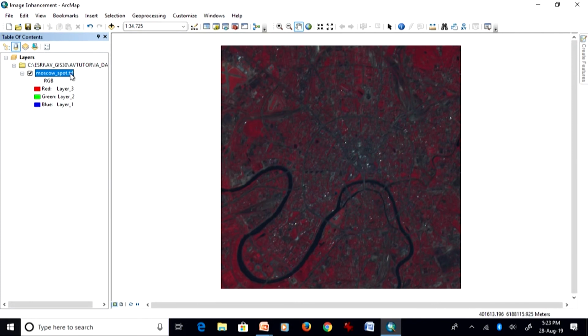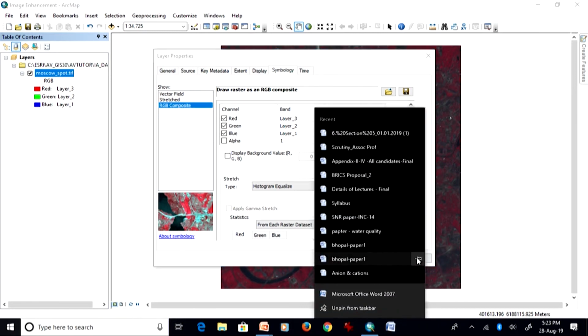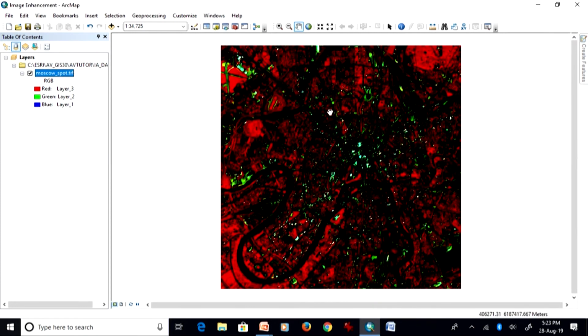So for that we have to do this. Now I will also go through some other stretches which are available, and the stretch type you can choose. Histogram equalization, very quickly I will go. Histogram equalization here, and when I apply it, see the results are completely different from the standard deviation stretch. Histogram equalization creates too much contrast in the image; darker areas have become much darker, and brighter areas have become much brighter.